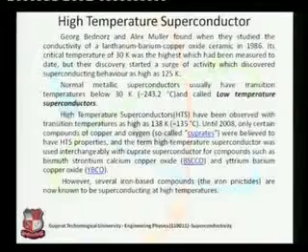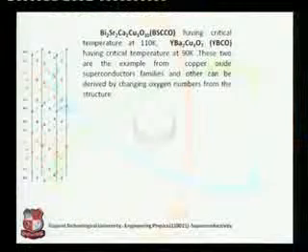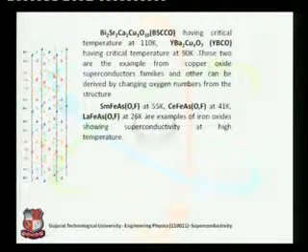Along with this family, the same as copper compounds, we have a few more ferrous compounds also exhibiting superconductivity. So if we talk about their structure and formation, it is discussed in this particular slide. YBCO,